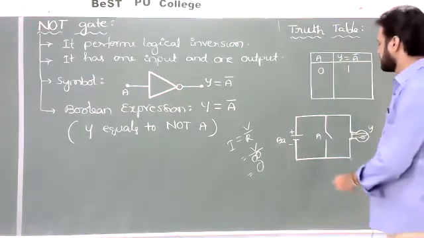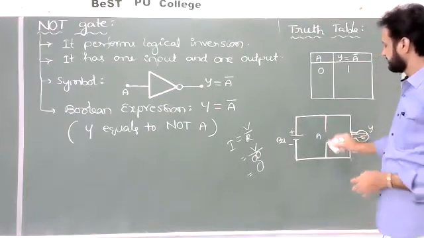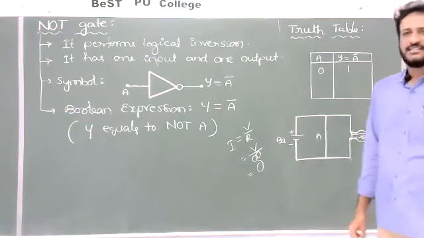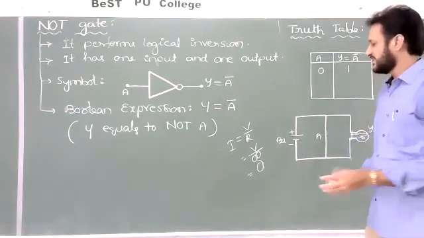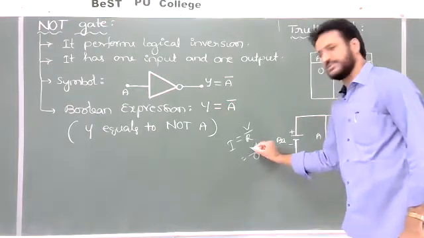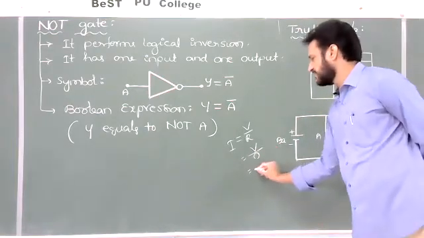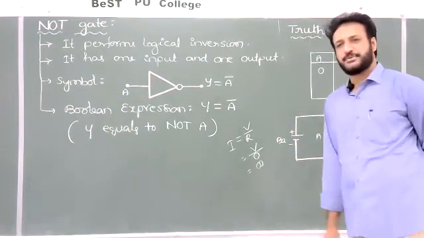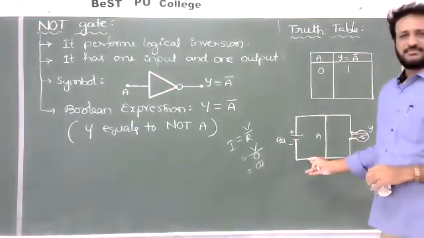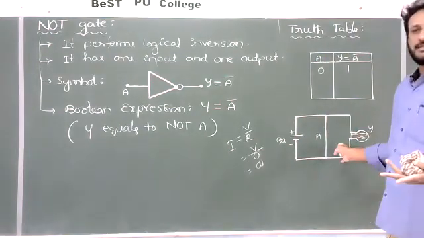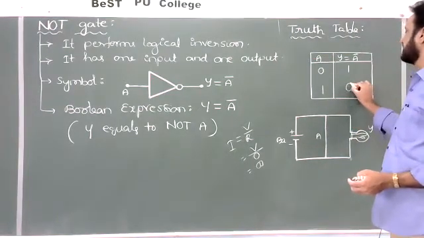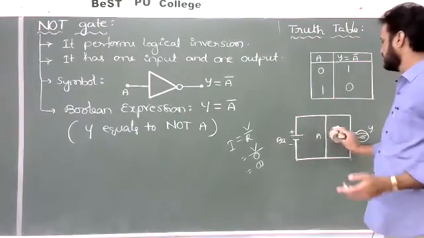Now, the next case: the switch is closed. Whenever the switch is closed, what condition? No resistance. No resistance means you should take resistance equal to 0. Closed switch, resistance equal to 0, means what is the current flowing? Infinite current flowing, meaning almost all the current flows through the switch only, but no current is supplied to the bulb. That's why whenever the switch is closed, input is 1, but the bulb is in off condition. Correct? That's only a simple circuit.